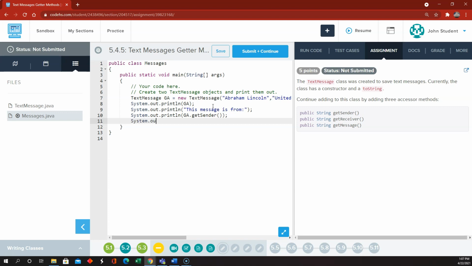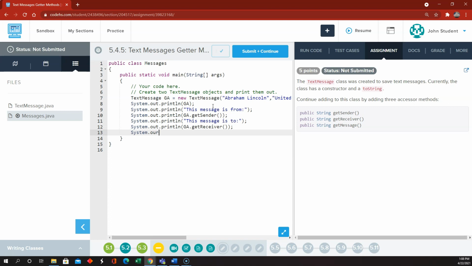And then system.out.println. I'm just writing code that uses the accessor methods that we just wrote. This message is to, and then ga.get receiver,